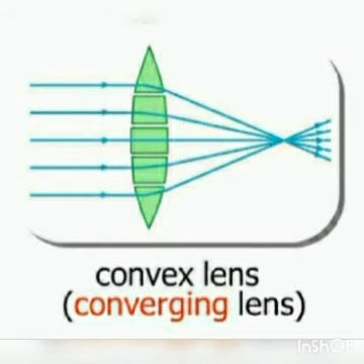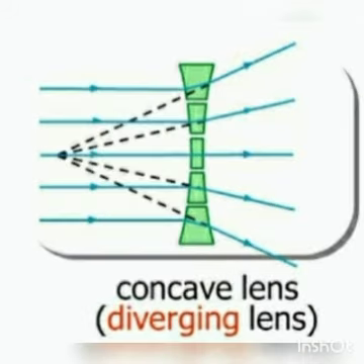But a convex lens is used to obtain a magnified image of an object. It is used in microscopes also. Next we see the concave lens, which is diverging, as I already explained. This type of lens is also used in making spectacles for people who cannot see distant objects clearly.